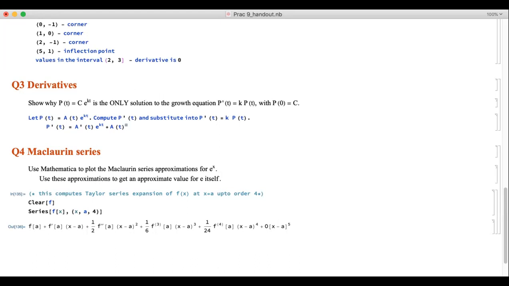That would be e to the power kt times k. All right, that's P dash t. Then we need P dash t equals kP(t). So that's,